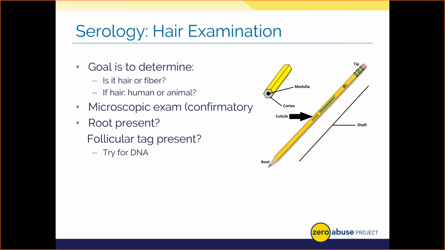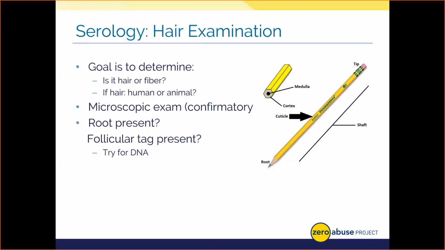Hair testing is a confirmatory type of test. In short, we can tell you if something is hair versus a fiber and if it's human or animal hair. Again, we use a microscope and we take a sample of suspected hair and examine its external and internal features using that equipment. I always liken as an analogy that hair is like a pencil, and good analysts use some kind of similar analogy in court.